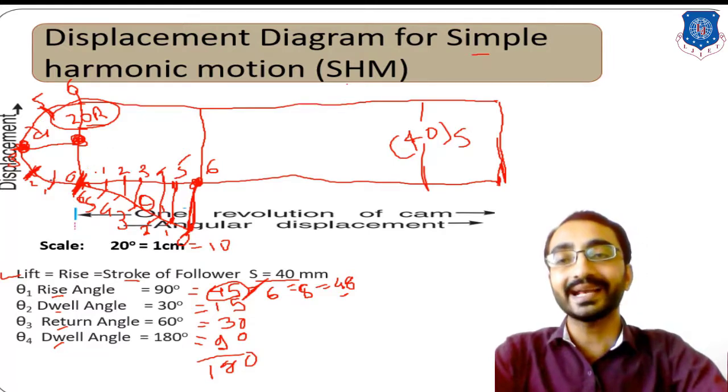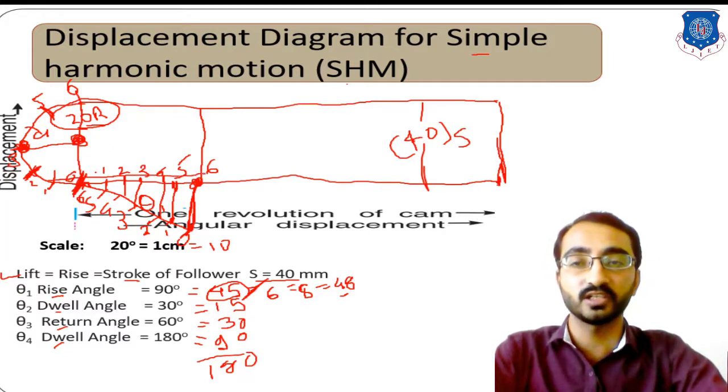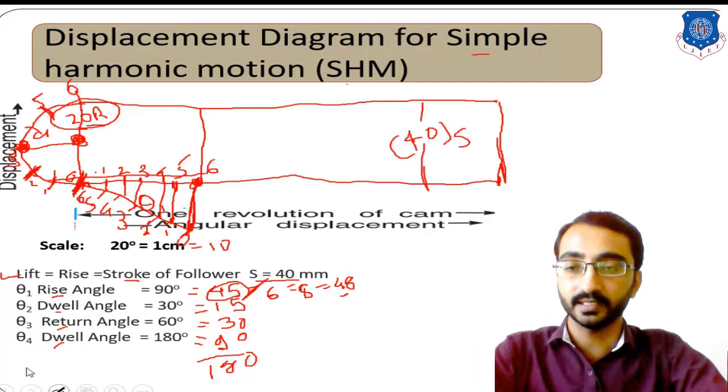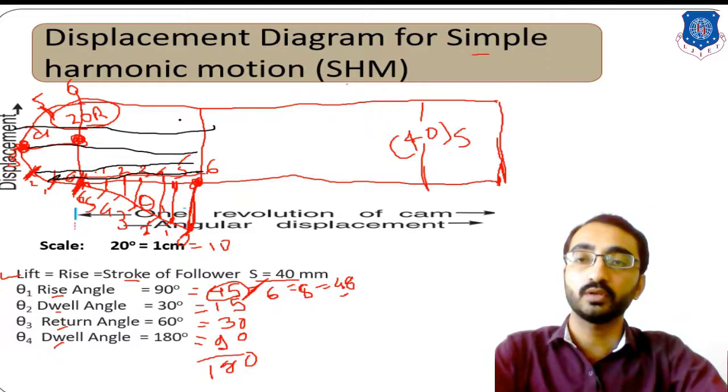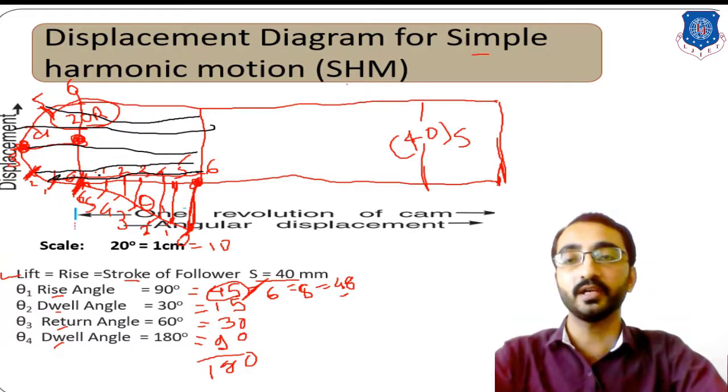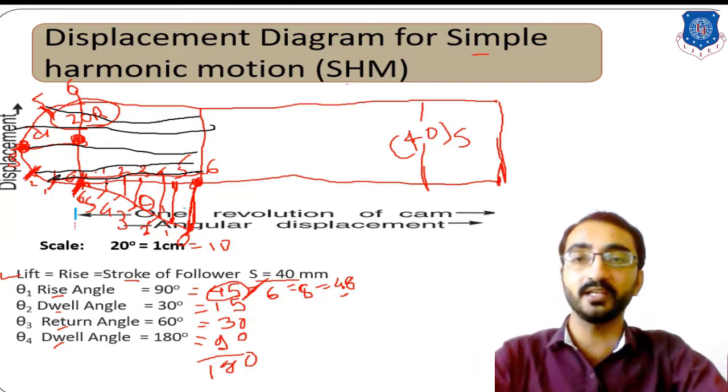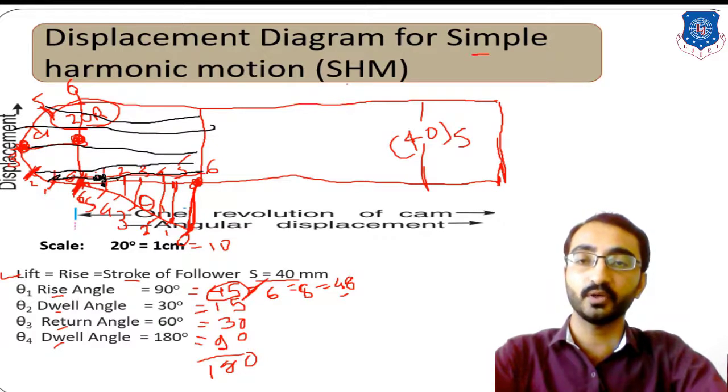Now you have to extend these divisions parallel to the horizontal line. From the first point it will be like this. From the first point you will extend with the horizontal line like this, and similarly from the second, third, fourth, fifth and sixth points. Now extend these horizontal divisions into the vertical direction. From the first point the intersection will give you the first reference point, from second to the second line, from third to the third line, from fourth to the fourth, fifth to the fifth and sixth to the sixth.